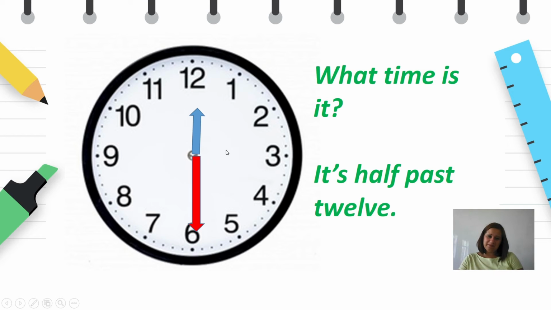What about here? Can you see what time it is? The small hand is at number 12. The big hand is at number 6. So we would say it's